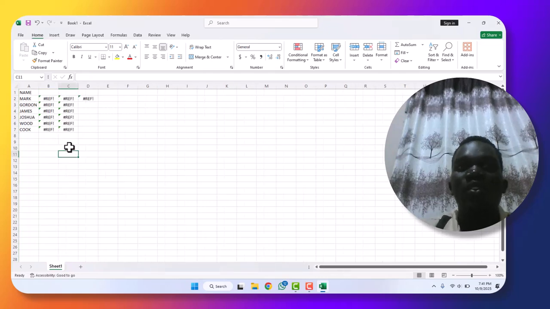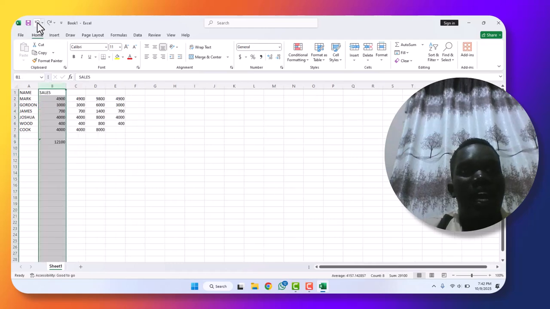So it has brought ref. That means we have deleted one of the columns which we are supposed to use. So that is our fifth